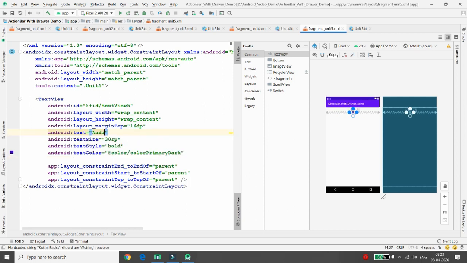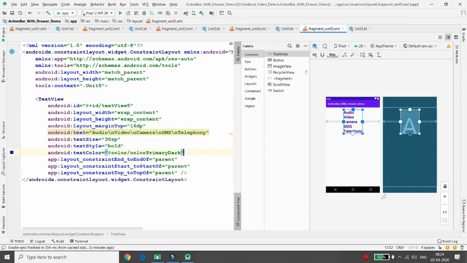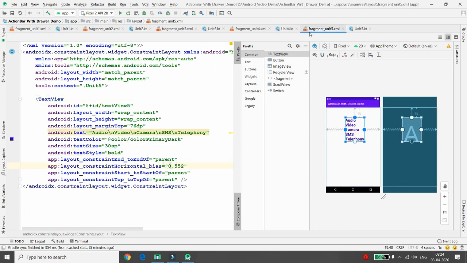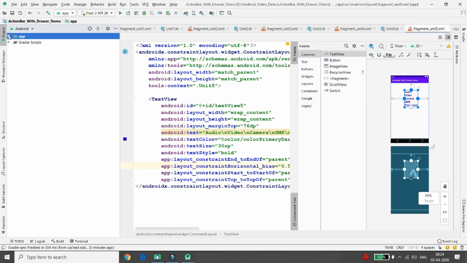I'm just writing here audio slash video slash camera slash SMS slash telephony. Right, etc. is the topic of unit number 5. You can directly just drag and drop this concept also. Right, now once all 5 fragments are defined over here, now it's time to add all these fragments